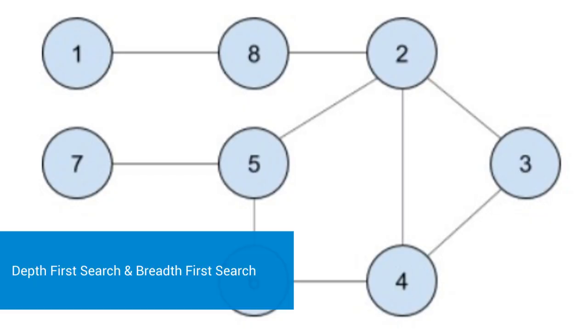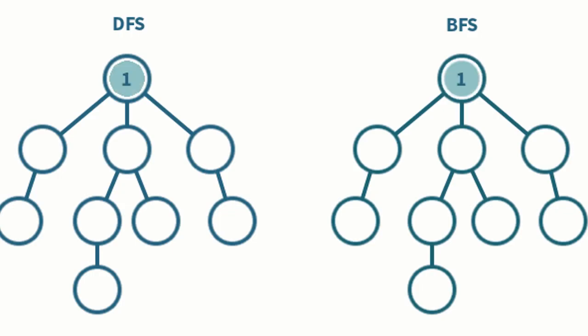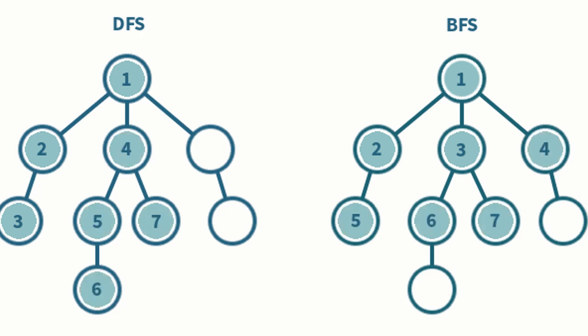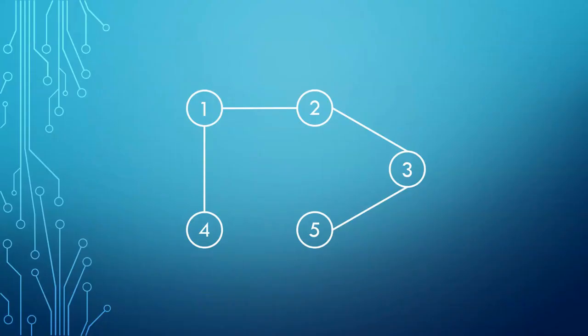There are 2 main methods of traversing a graph. One is depth first search or DFS, and 2 is breadth first search or BFS. The main difference between the 2 is that in DFS, we go from the starting node to the furthest node possible from following the edges, while in BFS, we first process the adjacent nodes. My Term 3 video project covers these 2 algorithms in detail.